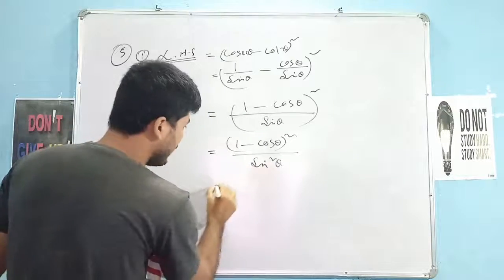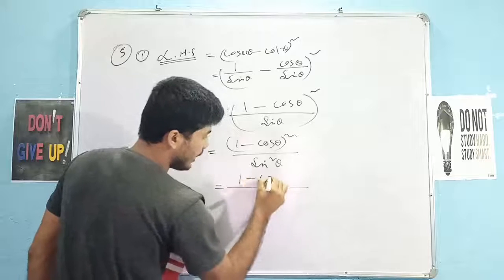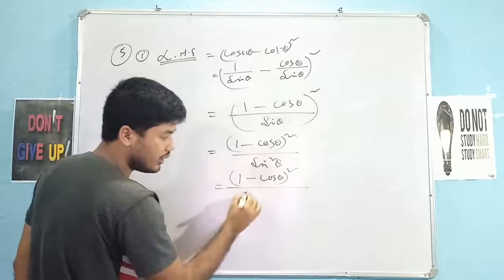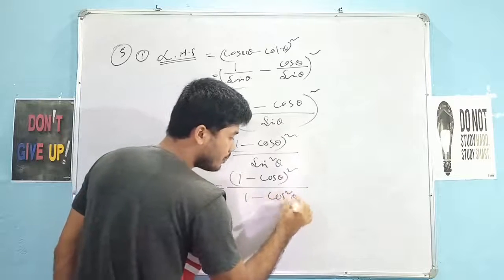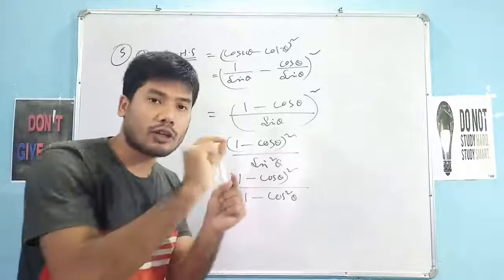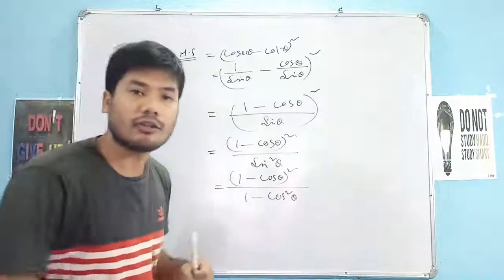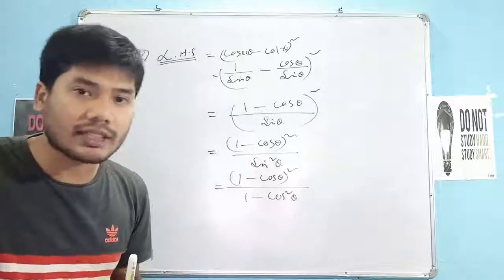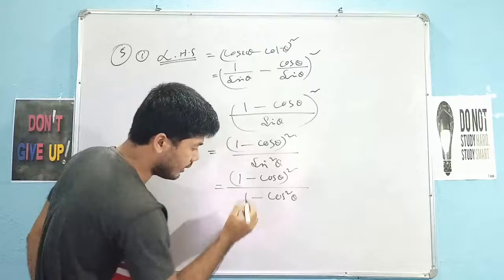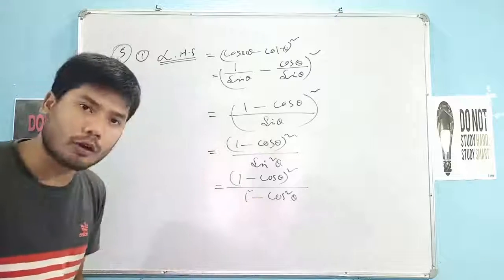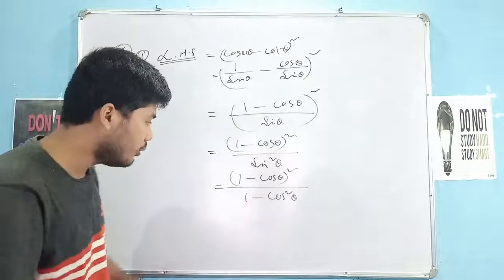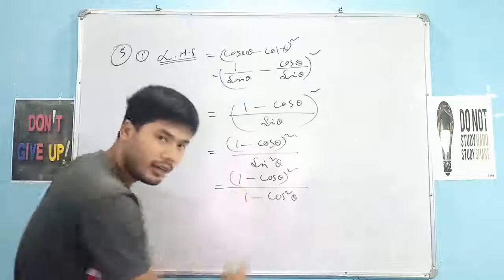Okay, now what is sin square theta? Numerator we keep the same, denominator sin square theta is 1 minus cos square theta, because sin square theta plus cos square theta is equal to 1. Therefore we took cos square theta to the right side, so sin square theta is equal to 1 minus cos square theta. Now if I put 1 square, any problem? 1 squared is still 1. Imagine that we have squared up 1.